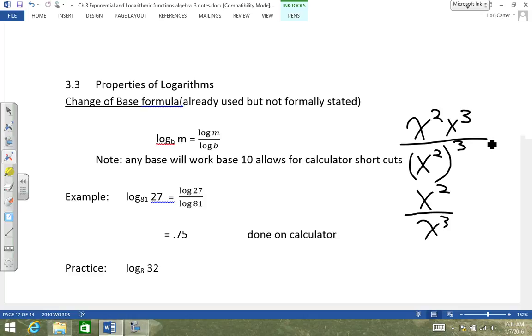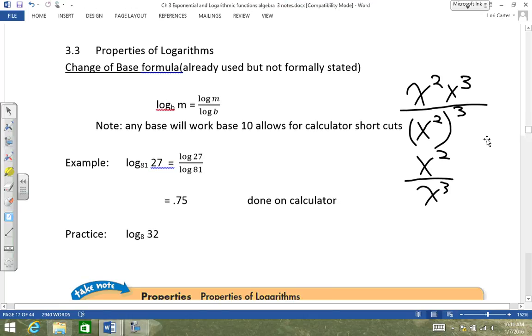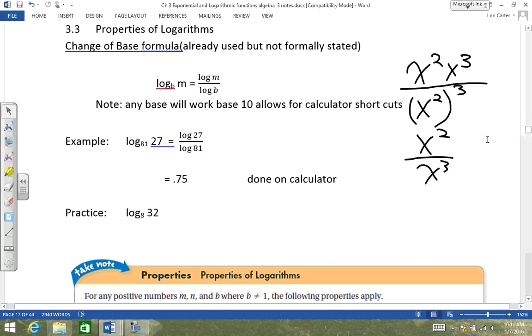All right, first one is just giving itself a name. We've used this a bunch. It's called the change of base formula, right? And we've used it only with base 10. It actually works with every base, but base 10 is the one we use, because why would I use a base 10? Because that's what's on your calculator. Base 10. All right, so when you do this, if I give you something weird, like 81 and 27,